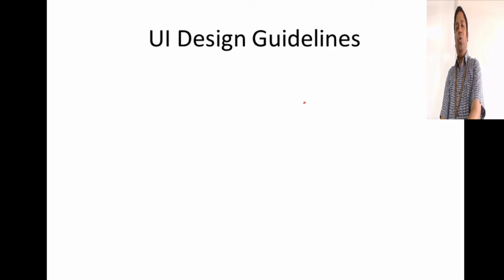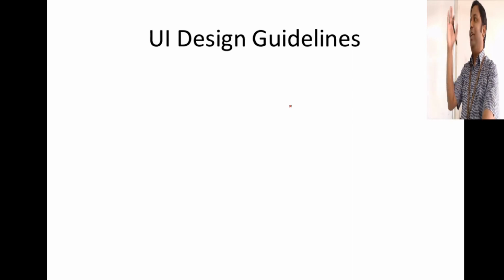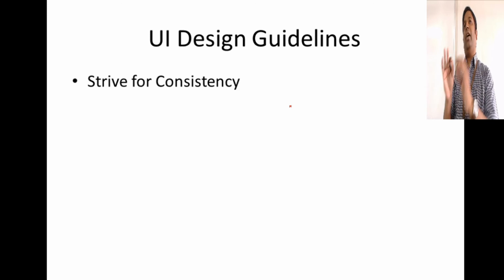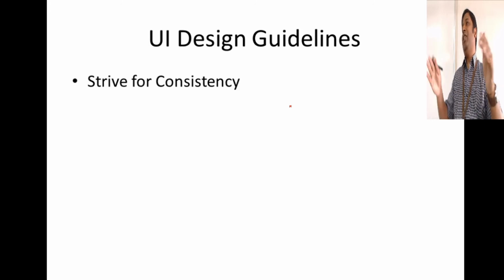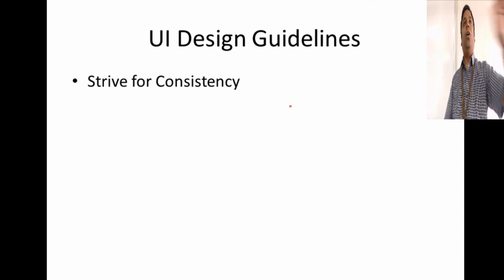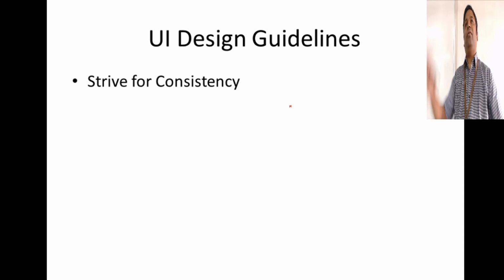So we have a set of UI design guidelines proposed by so many researchers throughout the years. I'll just give you some of the guidelines here. Strive for consistency. What is this? When you take a look at our VTOP University Management website, there is consistency throughout the pages. All the pages have the same color, same font size, same kind of fonts. If I want to navigate from one page to another, the buttons will be in a consistent place in all the pages.